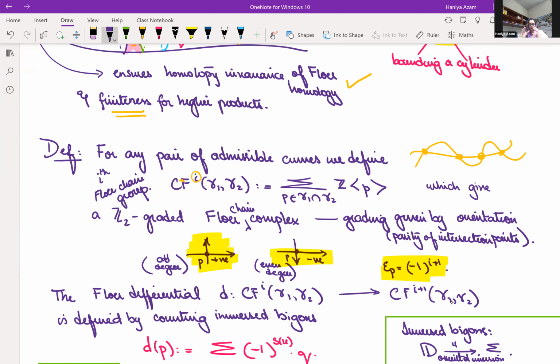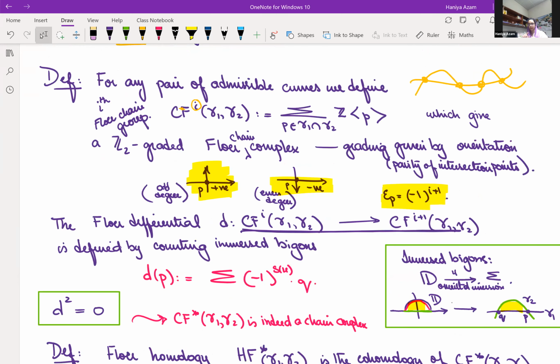And if you collect all these in all degrees, you can define between two consecutive degrees what we call the Floer differential. And it's defined by counting immersed bigons between. So this is what we mean. You have two curves here, gamma 1 and gamma 2,